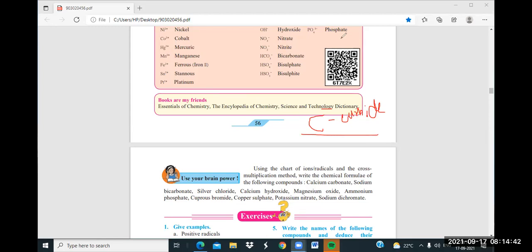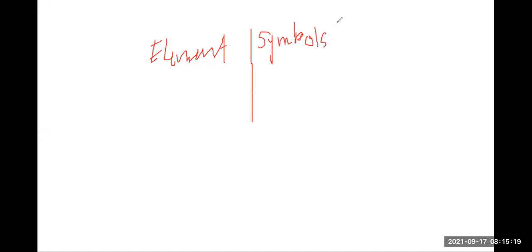Are you getting it, students? Sir, please tell again. Okay. So now I'm going to start again from mercury. I'll share the whiteboard with you, since it's easier for you. Suppose you write element first. Today, due to the bench, I'm not able to write on it properly. Here first column element, second symbols, and third we would write free radicals, like this.